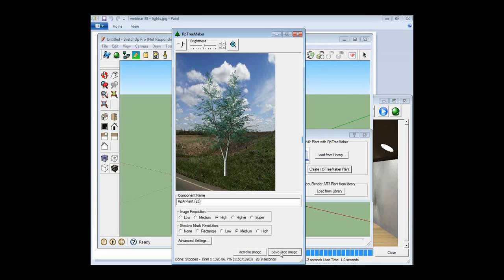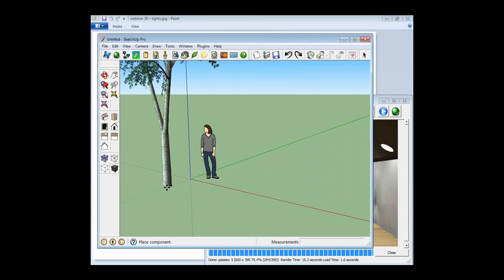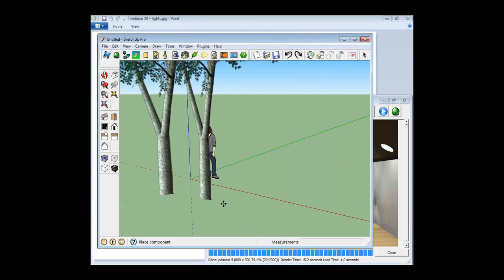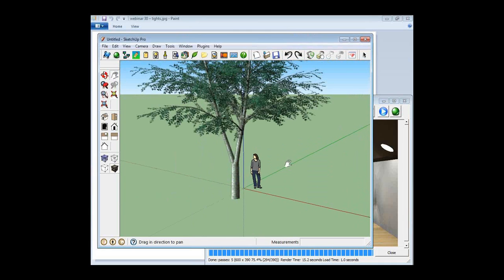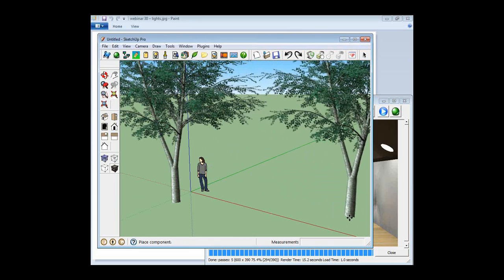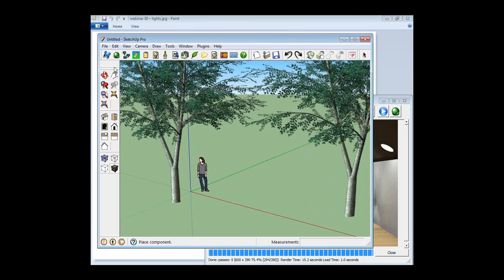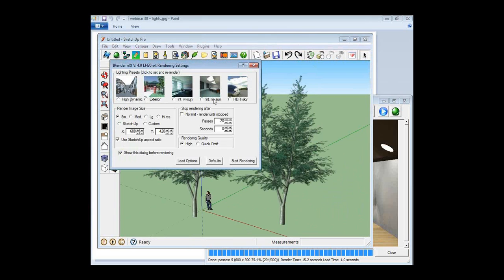So the tree is done. I say save the tree image. I just place it directly in SketchUp. You see it works very quickly in SketchUp because all we're placing in SketchUp is just an image of the tree. I want to place these two far enough apart that you're able to see that they're different when we render them. There we go. I had some settings, and I could have made some very nice images. These are high resolution, which are pretty good images, but you can make some nice images and just use these trees directly in SketchUp. When I render them now, let's